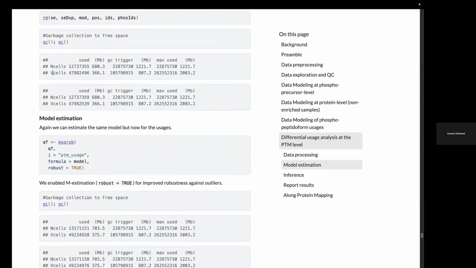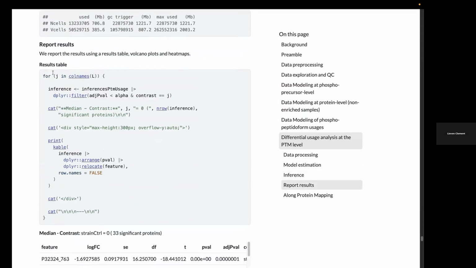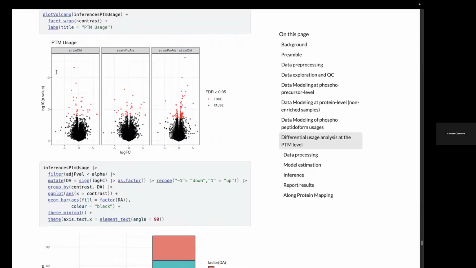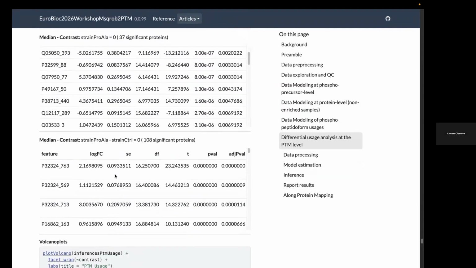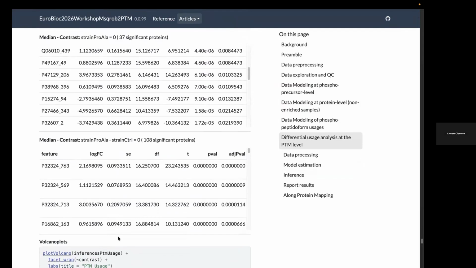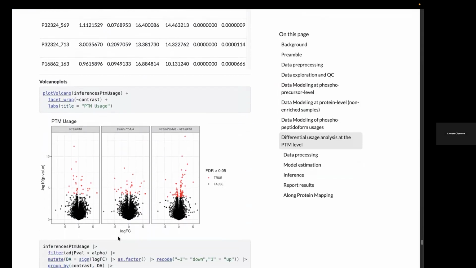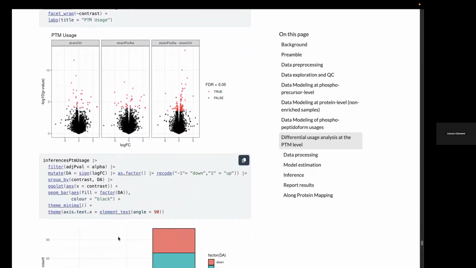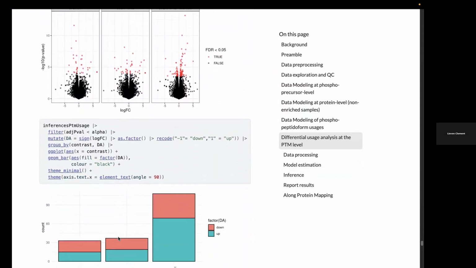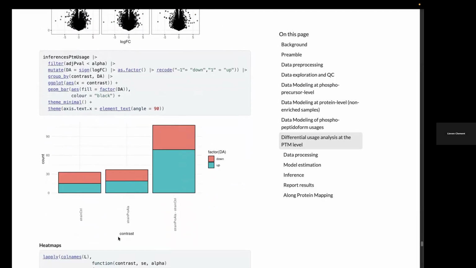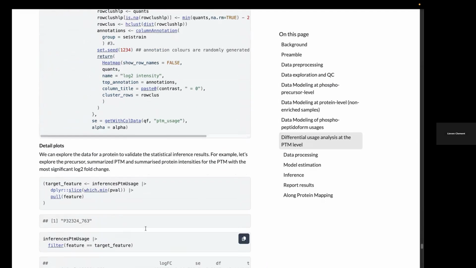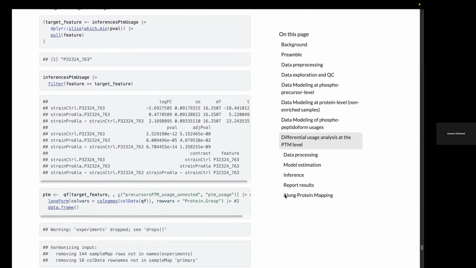I can look at the results tables, the volcano plots here, and I can also look at how many features are differential. And we see that the number of features dropped further, but that's because a lot of precursors are now matching to the same position. And the last thing that I have also provided is a long